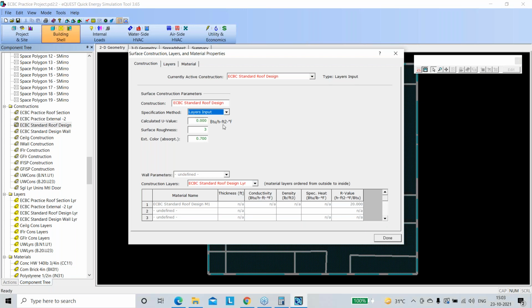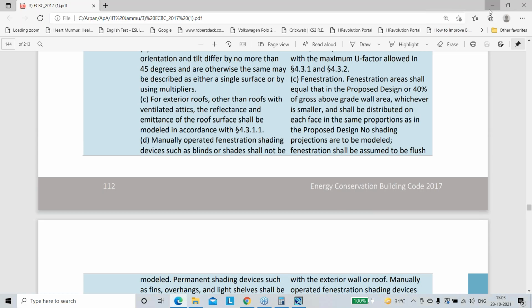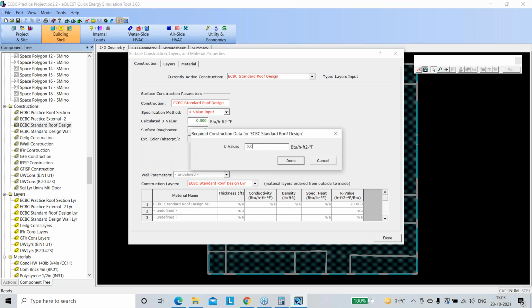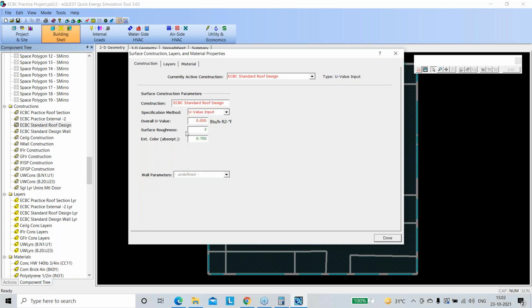The reason why it is showing an error is that it shows layer input, but the calculated U value is this. But if you remember, the U value that we calculated from the ECBC for the roof was 0.05. So instead of putting in layers, I'll just put U value input, and it asks for the standard